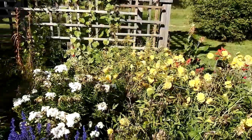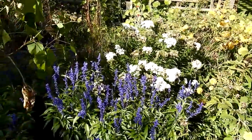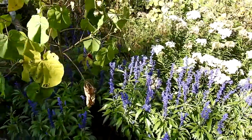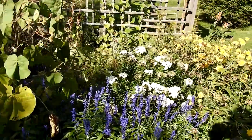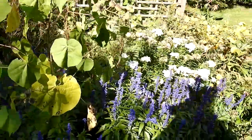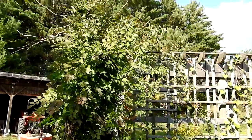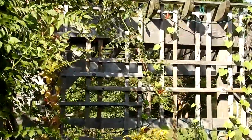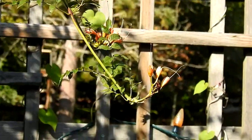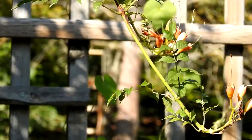Here's some white phlox, and in the foreground some Victoria blue salvia, which I think looks really nice against the white phlox. So next year I may try and get a bigger area of white phlox and blue salvia together. And we have our single trumpet vine, which this year actually did bloom quite a bit. You can see some remnants of some blooms here. The flower petals have fallen off, but